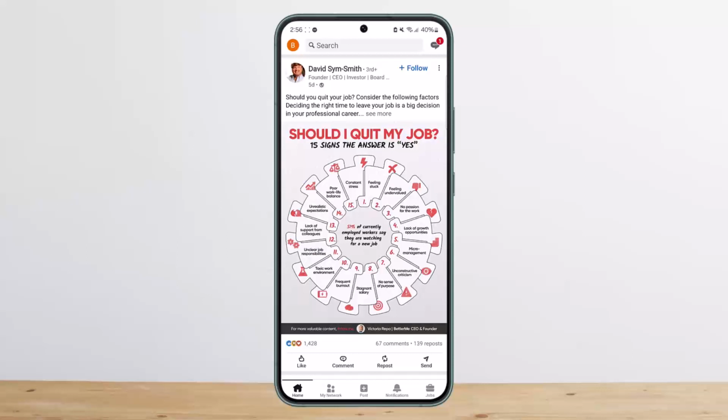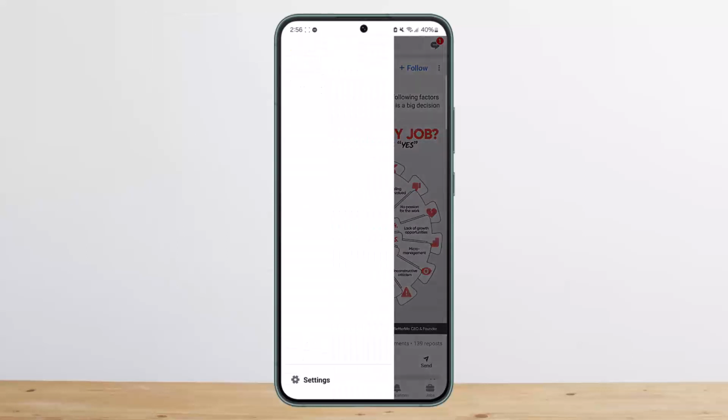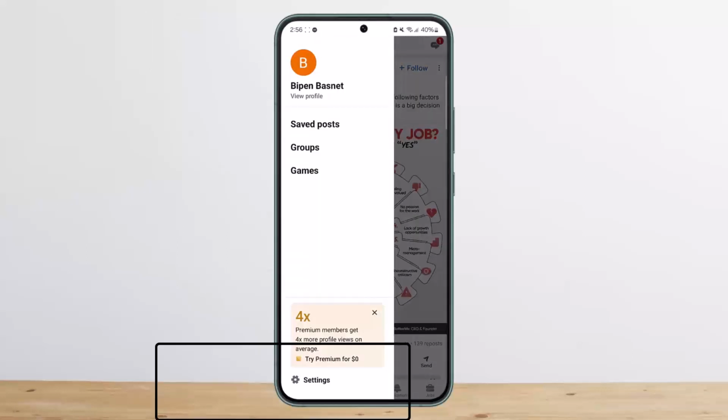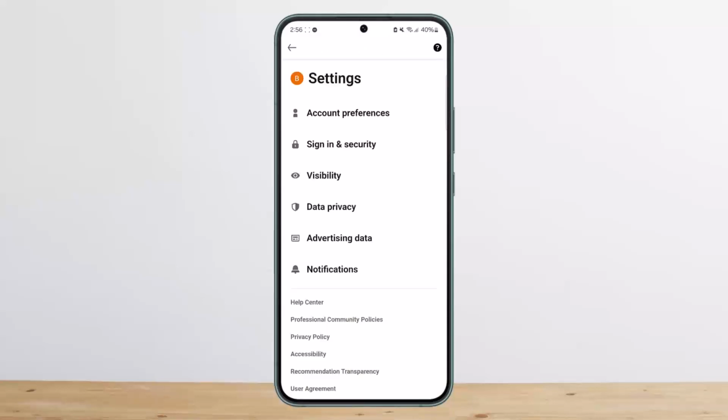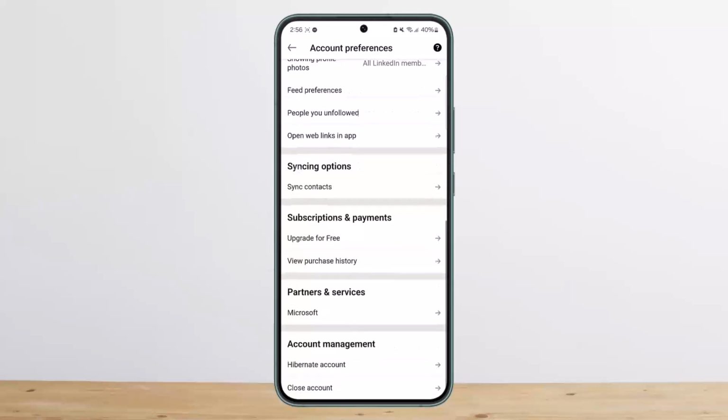Once you have done so, you want to tap on the profile icon that you'll find at the top left corner of your screen. Once you do so, at the very bottom left corner, you'll find the settings option. You want to tap on it. Once under settings, the very first option that you can see is account preferences, right? So you want to tap on account preferences,